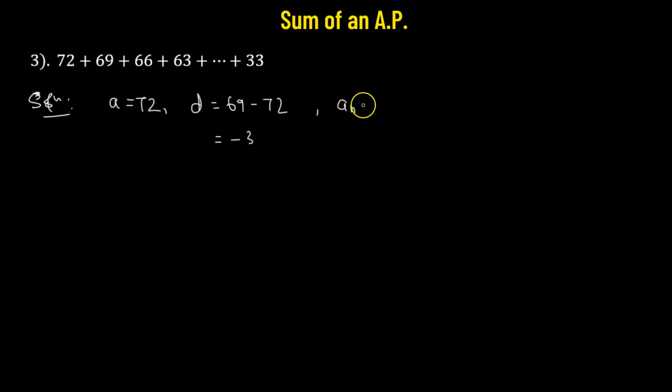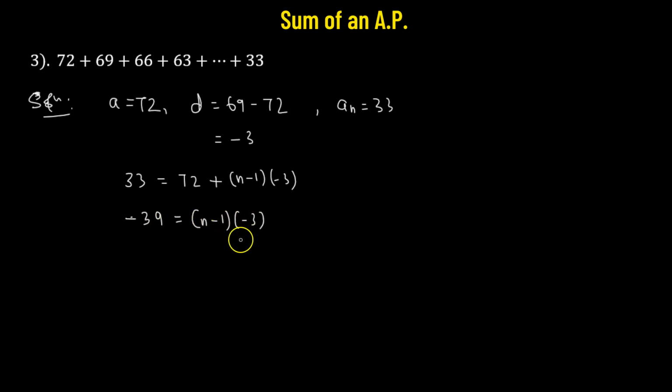And the last term, or the nth term, is 33. So using this, we can obtain the n value. So 33 will be equal to 72 plus n minus 1 times negative 3. Which gives 33 minus 72, which will be equal to negative 39, which will be equal to n minus 1 times negative 3, or simply n minus 1 equals 39 divided by 3. So 39 divided by 3, that's 13, and n value is going to be equal to